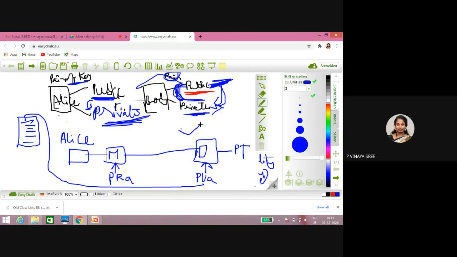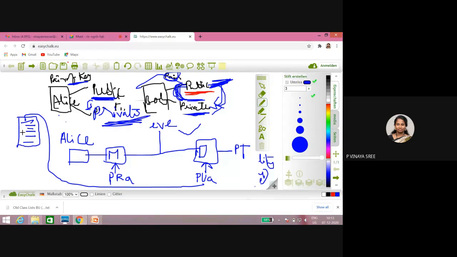Can anyone say? Here we are providing authentication, and what service is missing here? If Eve finds out that the message... Confidentiality. Yes, good answer. So if Eve knows that this message is encrypted with Alice's private key, anyhow,